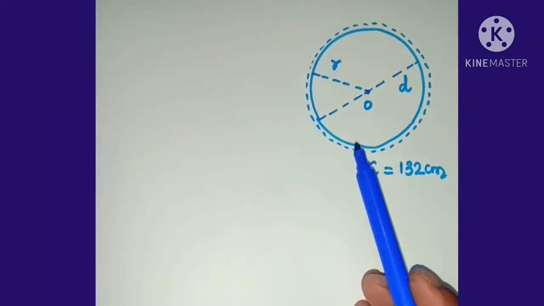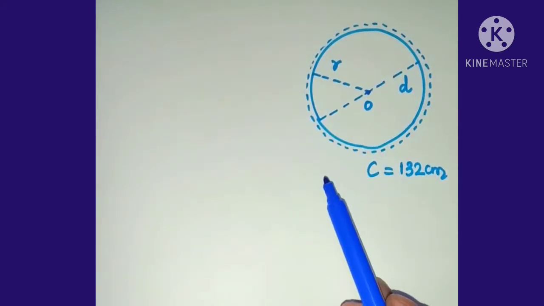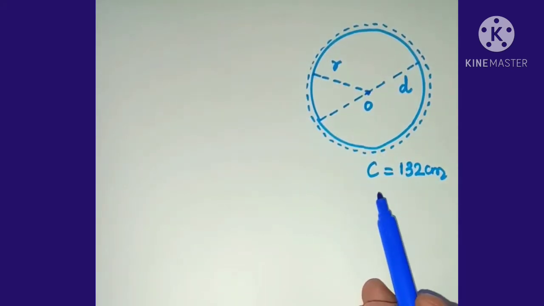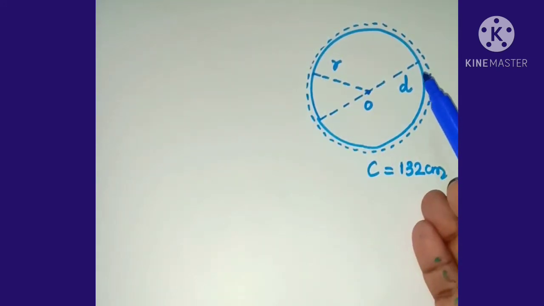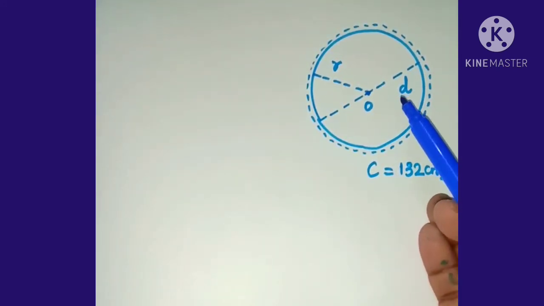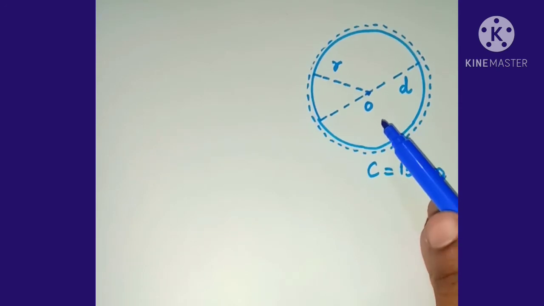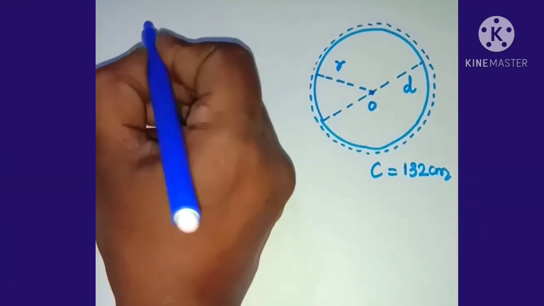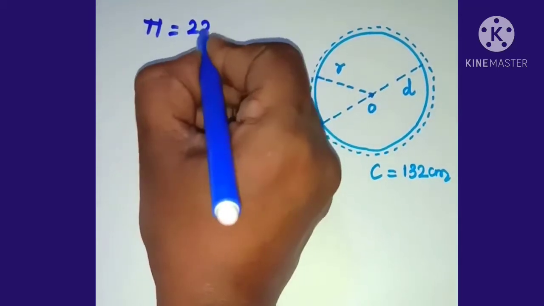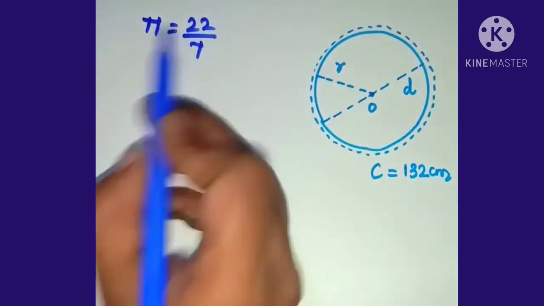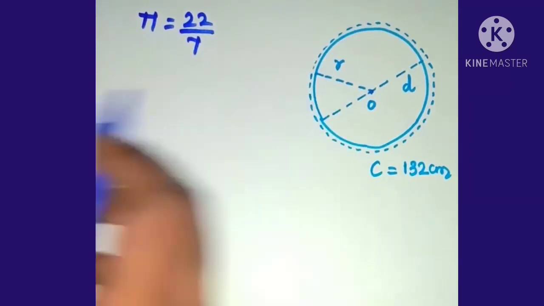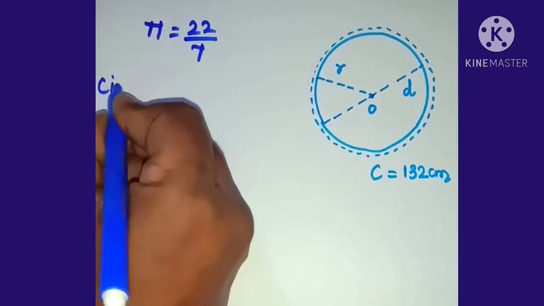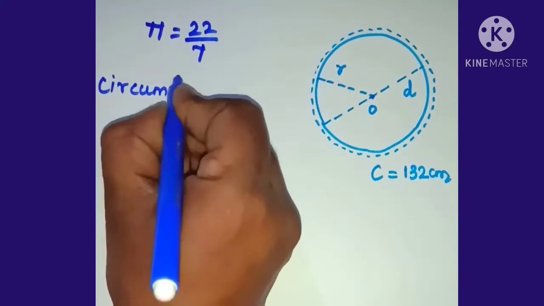Students, here if the circumference of the circle is 132 meter, then calculate the radius as well as the diameter of the circle, and also the value of pi is given 22 by 7. We have to use this value, not the decimal value 3.14. So now here solution, circumference